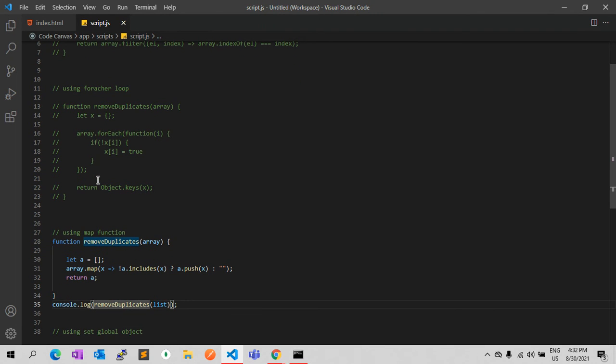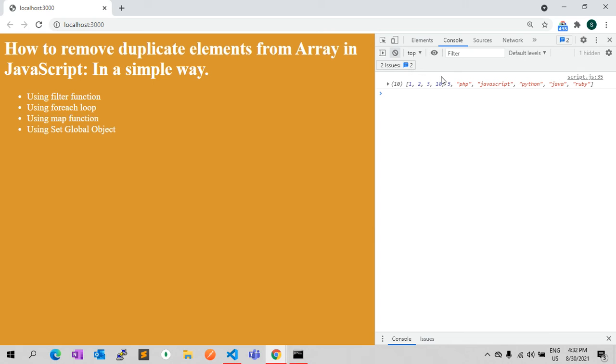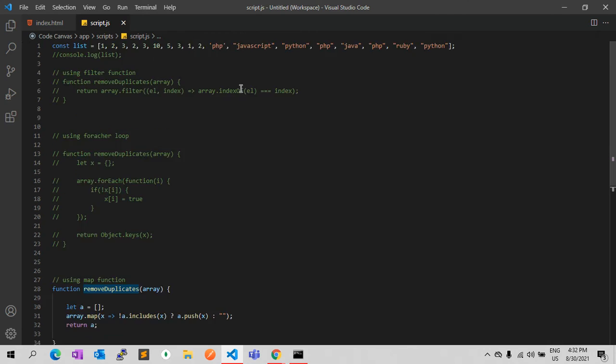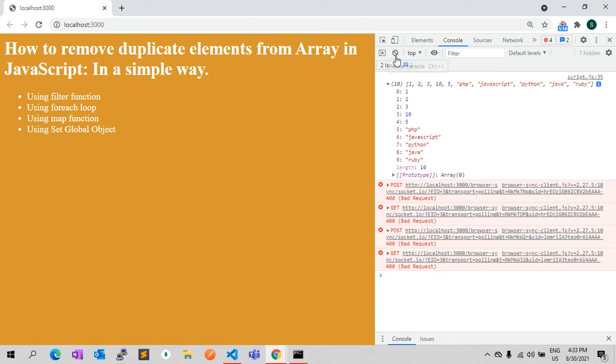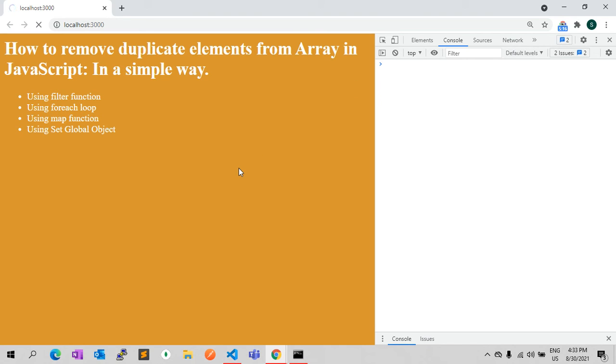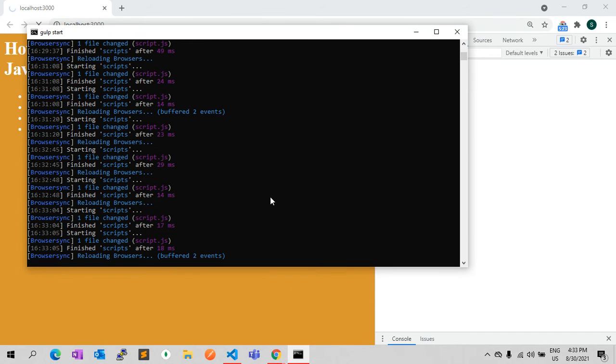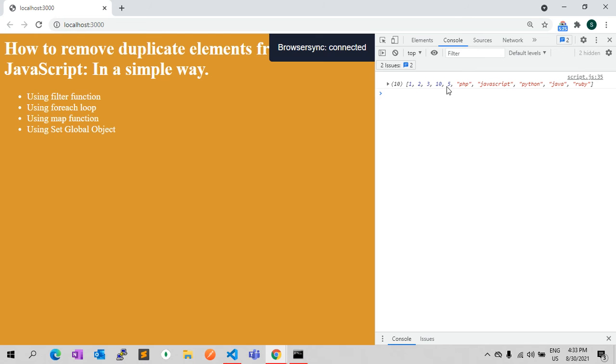Again we will see the results. As you can see, duplicate elements are not there. We can test it by changing the array as well. We can add the number 5 again with numbers only, and yeah, see, the number 5 is there only once.